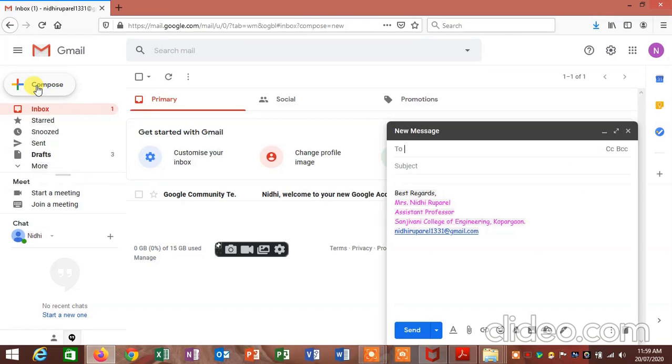So we will compose the mail. Can you see the changes? It has been reflected. Now I have changed colors to different option. Now I will add recipient, the one whom I want to send the mail. This is normal simple test mail. So I will write the contents. I will write it here.